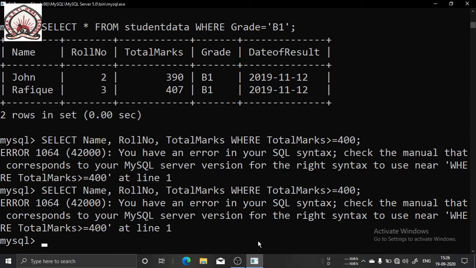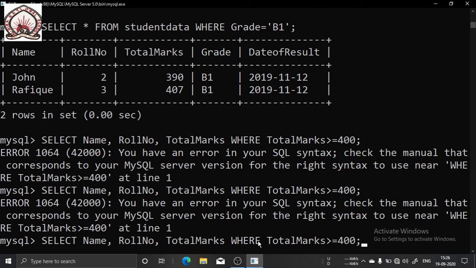So let me take the grade one. I want to see select name, comma, roll number, total marks, where total marks greater than or equal to 400.